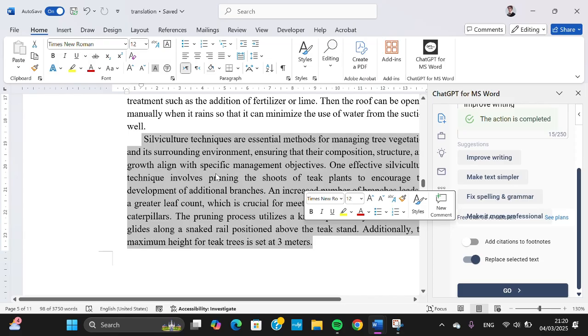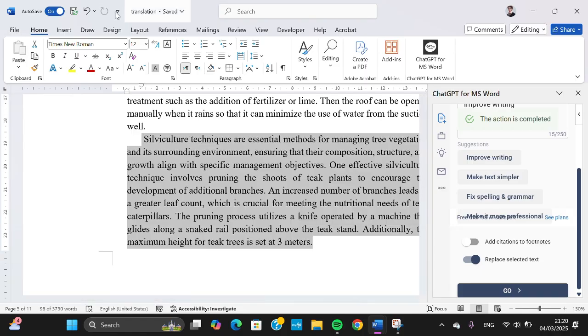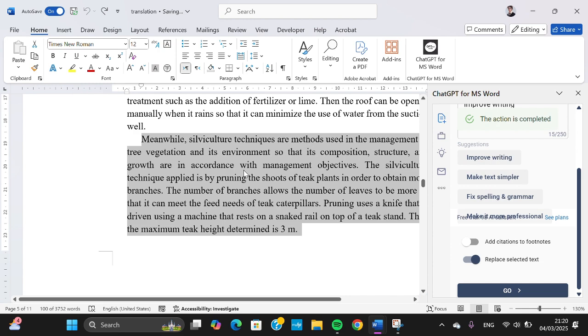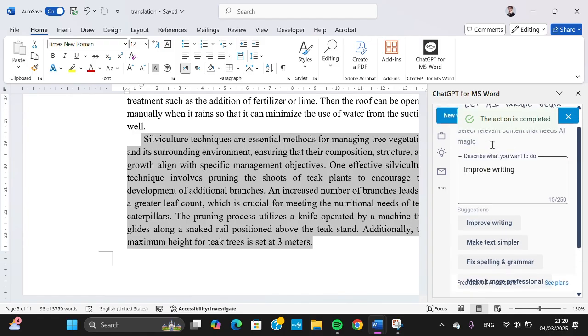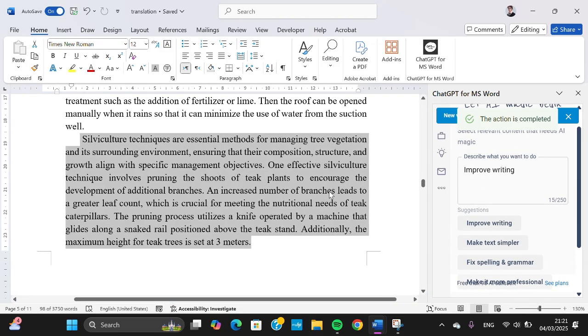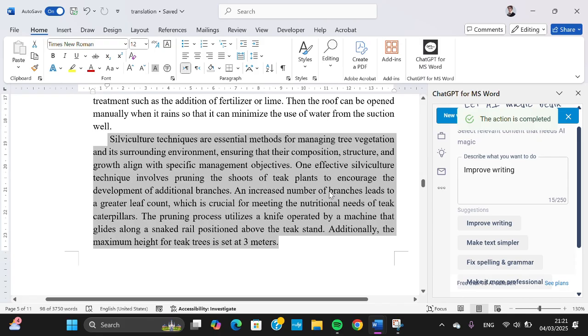Okay, and as you can see, guys, my paragraph has been changed, and I'm going to show you the before and after. This is before I apply ChatGPT, and this is after I apply the improved writing. Okay guys, and that's all the way to get